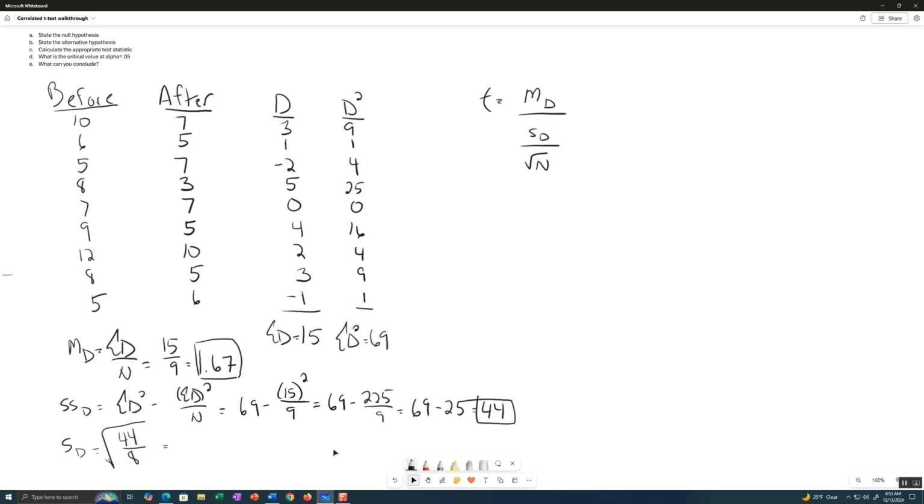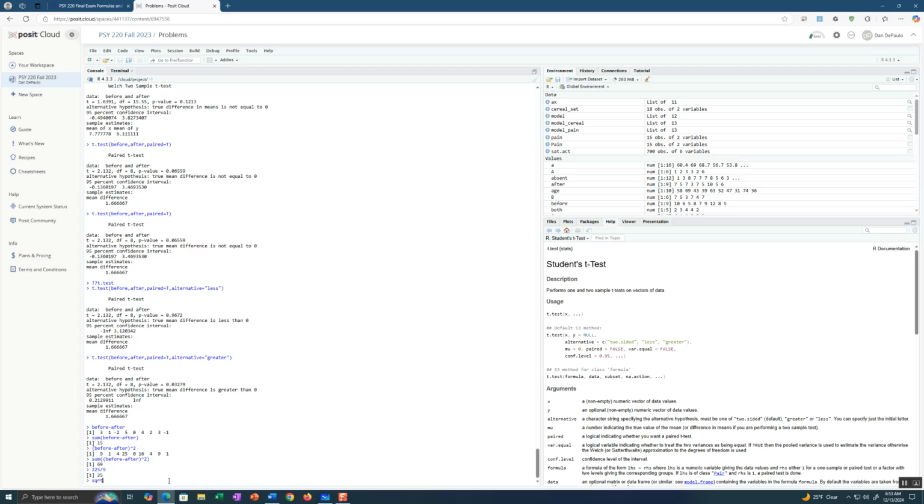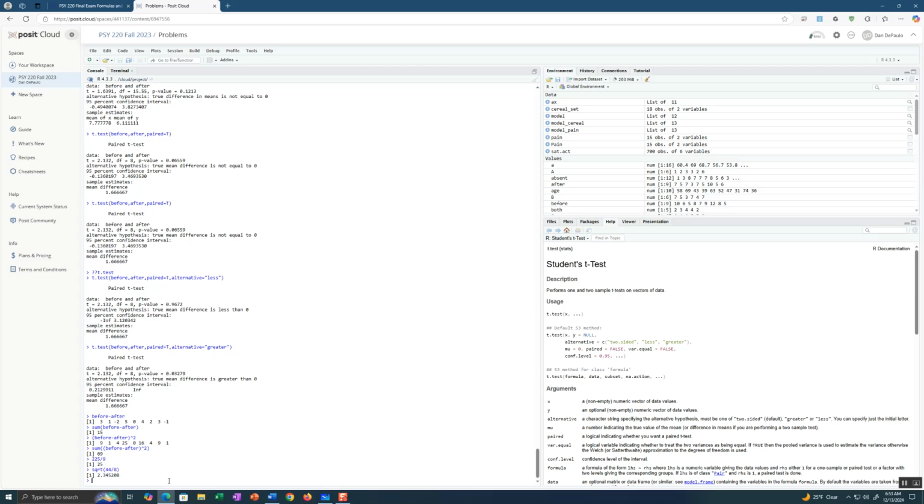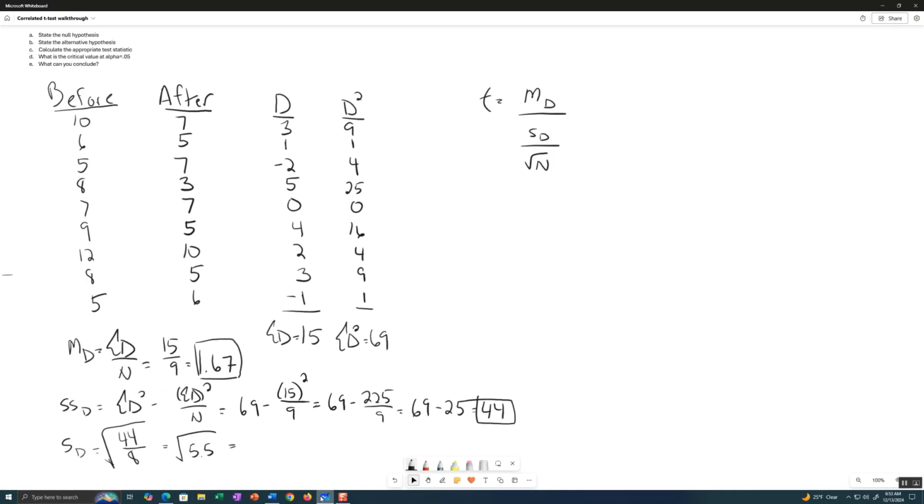So this is going to be 5.5, square root of 5.5. Let's see what that is. It's going to give me 2.35 rounded. That's my standard deviation of D,